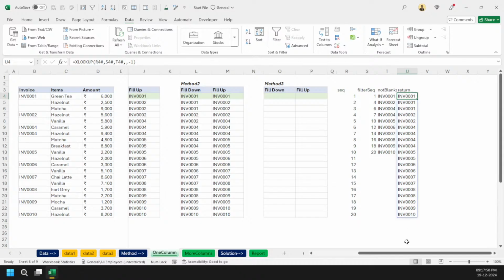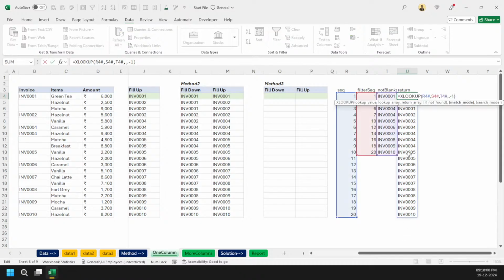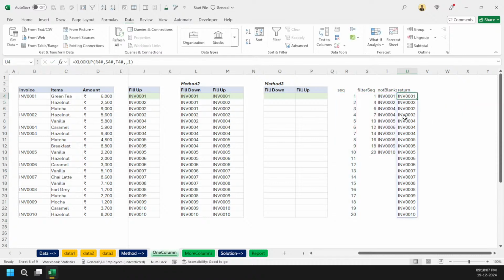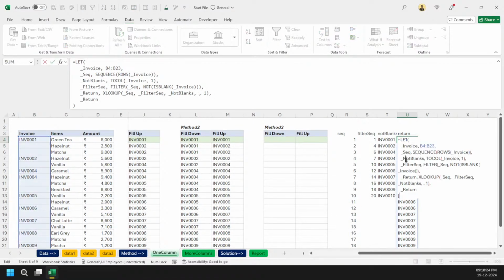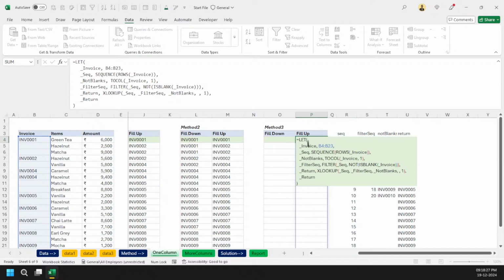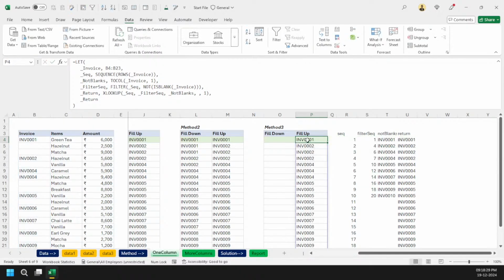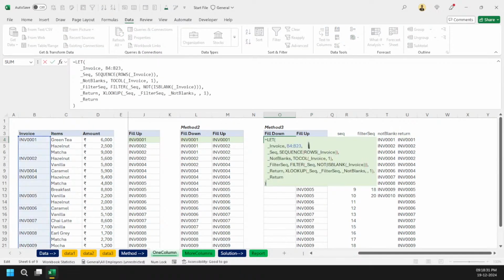This is the way we can do fill down. And if you don't feel like filling down but fill up, then what we can do is just make it the large item and that's it. The moment you do that, you can see that it will automatically fill up. Okay. So that's the way you can use the XLOOKUP function. And all we need to now do is make it in a LET statement and that's it. My formula is good to go. Right. So that's how we can use it for one column and we will come back to multi-column in a minute.